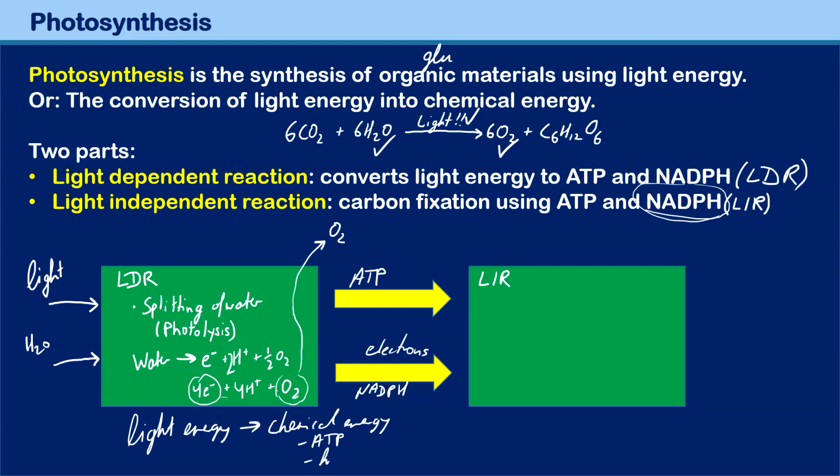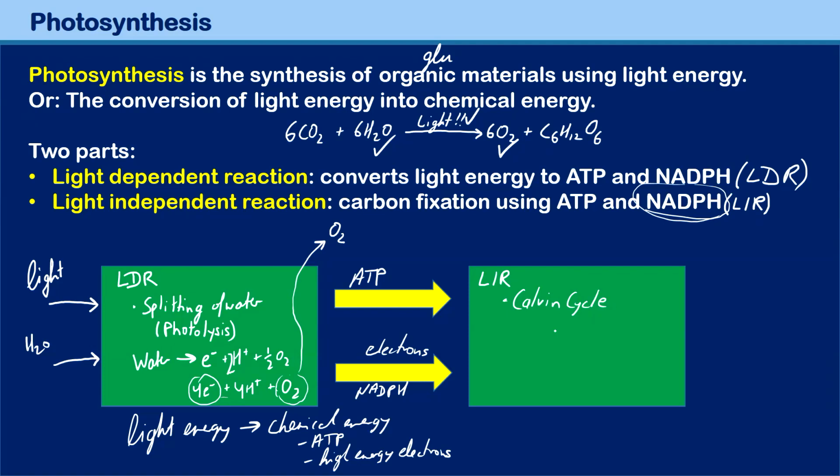High energy electrons. And these high energy electrons, of course, also come from the water. So that's basically what happens in a light-dependent reaction. And now we move on to the light-independent reaction. You see that we still have to deal with the carbon dioxide over here, and we have to make some glucose. The light-independent reaction can also be called the Calvin cycle,